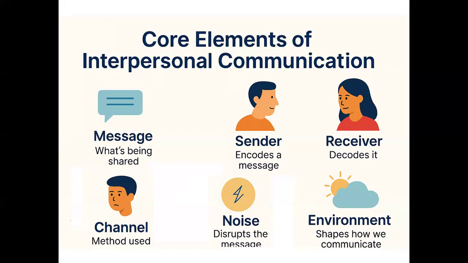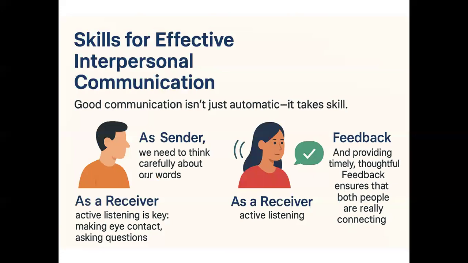And the environment is just this place we have to communicate in and how that shapes the way we have to communicate. So those are kind of the key terms, I guess, and they call them the core elements of communication. So basic skills that can help us, like a lot of this, no one teaches you how to communicate, right? Maybe when you're little, your parents do a little bit, but mostly we just learn it by watching other people. So recognize that good communication is a skill. It's something we can work at and become better at.